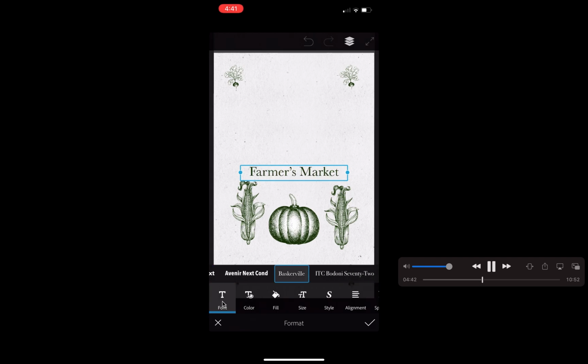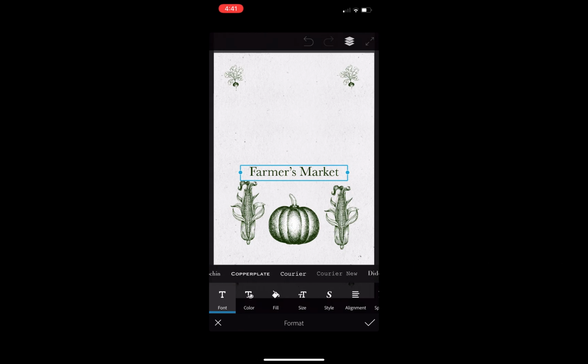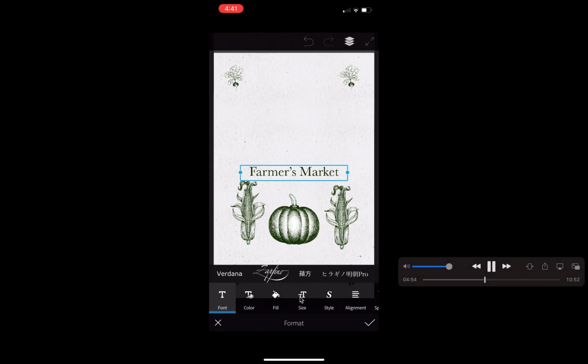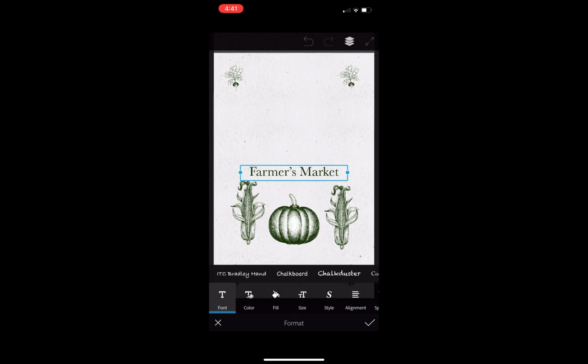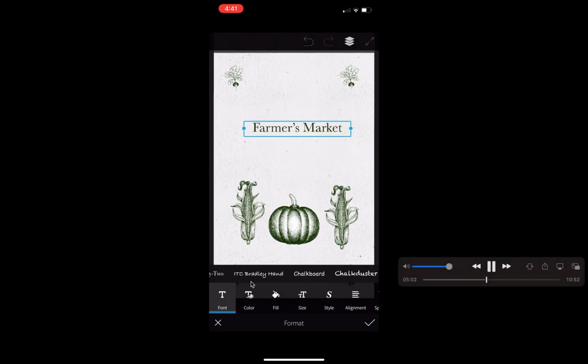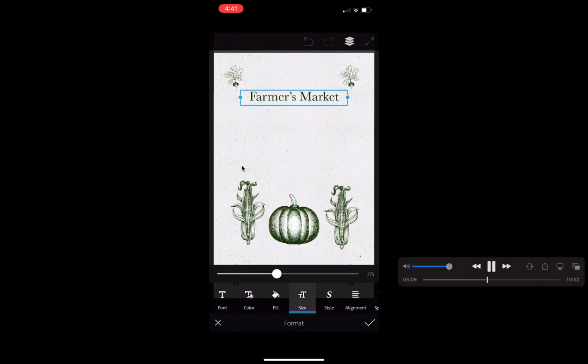So now I'm going to change my font. I'm going to have a look. Let's see what I got. I kind of like that old-timey look because, you know, it's a farmer's market. It's definitely not Zapfino, that's for sure. Okay, and I do want it to be in English, so I might try another one, or maybe I'm happy. I'm going to have a look. I'm okay. All right, so I want this to sit at the top,